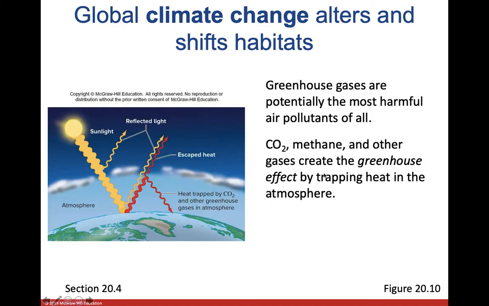So the greenhouse gases, things like CO2, methane, and things like that, are going to build up in the atmosphere. When sunlight hits the Earth, traditionally the heat is supposed to bounce off the planet and reflect right back up into the sky, into space. But now we have a thin layer of methane and CO2 and other gases that has built up underneath our ozone layer. Some of the light that hits the planet is going to bounce off, and bounce up again and hit the ozone layer. And then instead of bouncing through, it's going to hit a lot of that CO2 and methane and bounce right back down and warm our planet up.